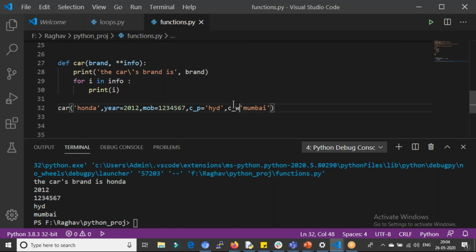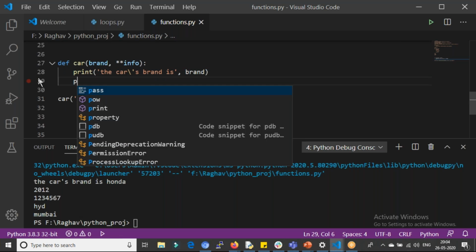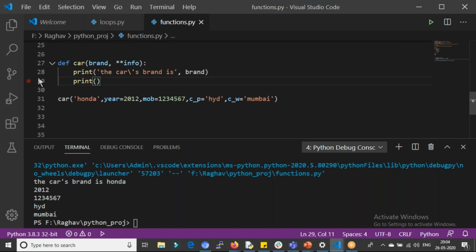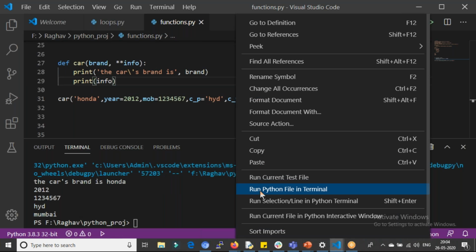Now what will happen to this is it will be formed as a dictionary. Let's just check what happened. Let's say I'll print info. Now if I run this again,